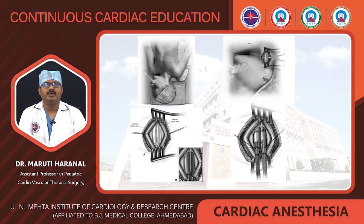So, a brief on the neck cannulation in neonates. The head is turned to the side opposite the cannulation, and a transverse incision is placed over the sternocleidomastoid, midway between the chin and the manubrium sterni. The skin incision is deepened to get access to the